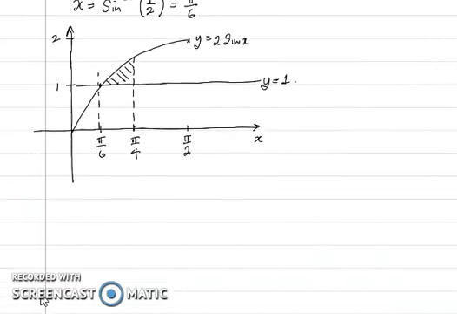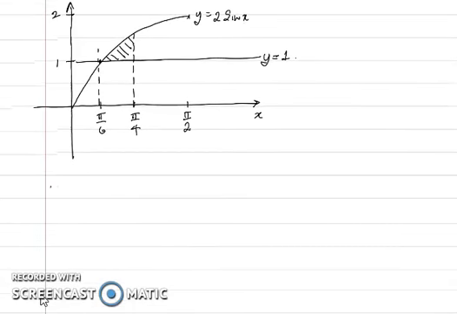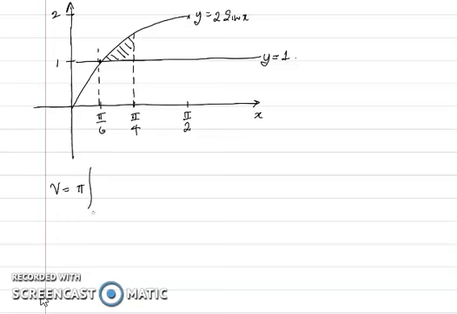So the volume that we're looking for is going to be equal to pi, the integral from pi by 6 to pi by 4 of y squared, y being 2 sine x, that squared, dx,